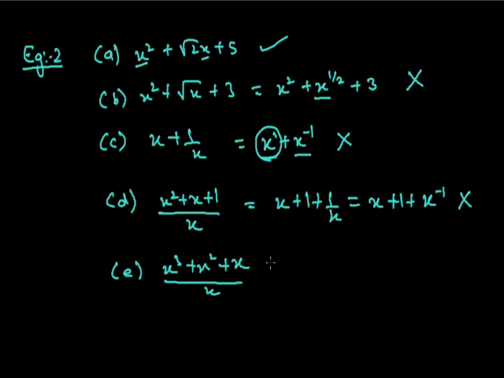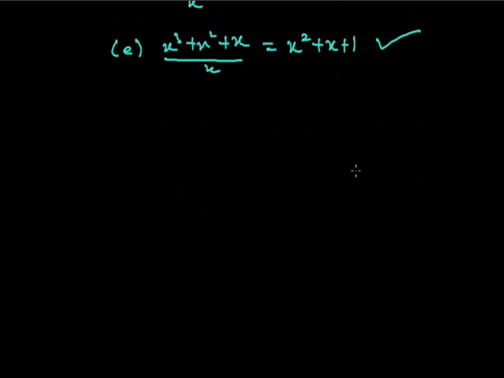Now if we consider the last algebraic expression and simplify it, what we'll get? x square plus x plus 1. And definitely this is a polynomial, because in this the power of the variable is a non-negative integer. So in this way we have to find out which algebraic expressions are polynomials and which are not. Now we'll see one more example.